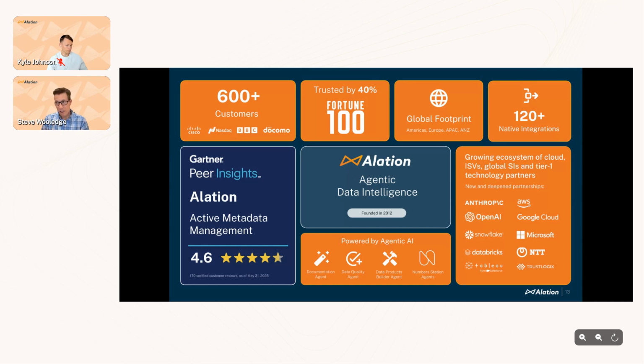And also very recently, last month, in fact, we announced an acquisition of a very exciting company called NumberStation. This is a Stanford origin AI company known for applying foundation models to structured data tasks. And this technology from NumberStation automates data management and analytics using natural language. And their engineering talent is helping us advance our agentic AI capabilities in the platform so that in addition to